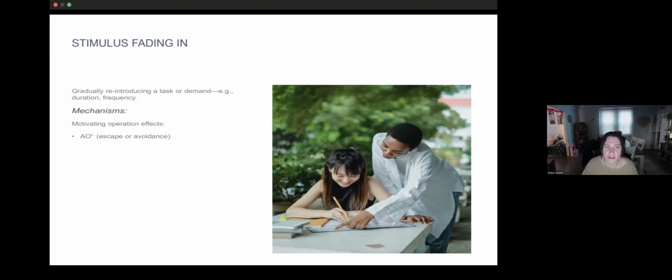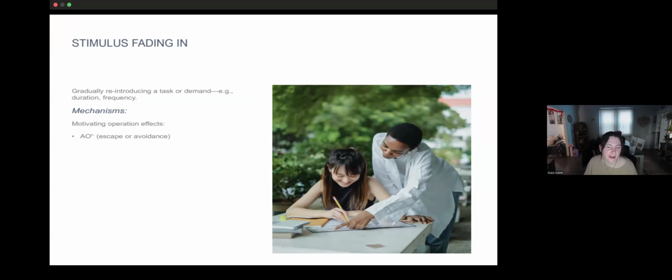So then we're going to start at 2 minutes, and then we're going to go to 2 minutes and 30 seconds and 3 minutes and continue to increase the duration until either the VIP or the family is really satisfied and it's socially appropriate. You could do the same thing with a task. If somebody is only engaging in putting dishes away in the dishwasher for 10 seconds, you can gradually increase the duration of that through practice.